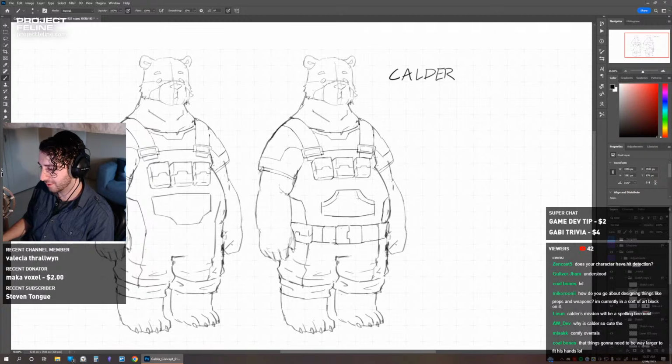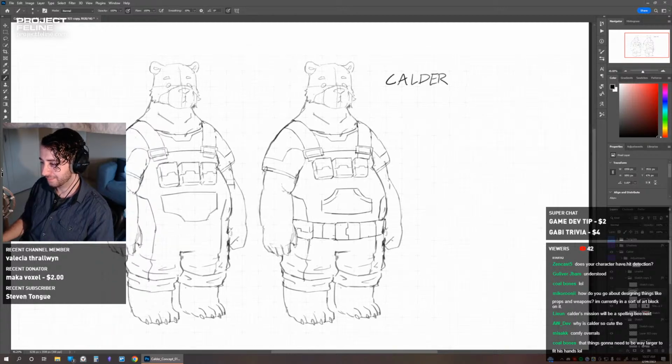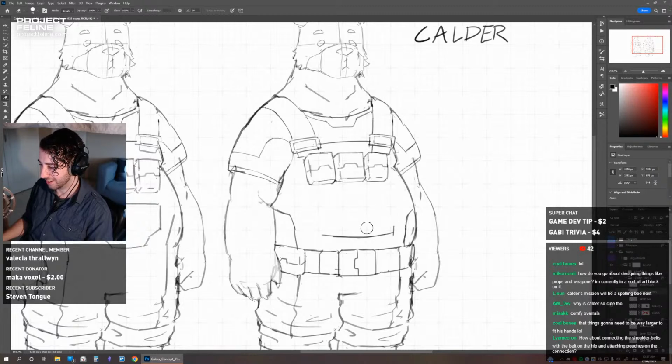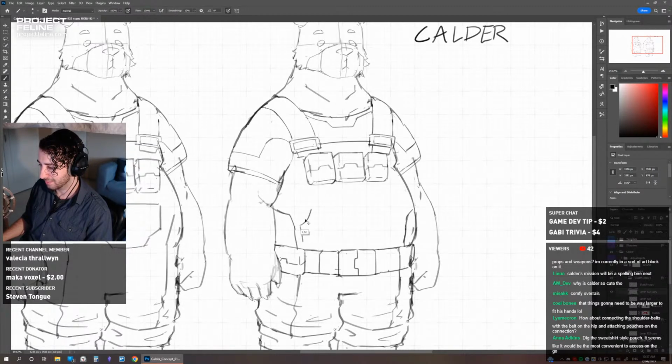So we'll give him hoodie pockets, because that way I can have him posed with his hands in his pockets if I want. But I think then it needs to be spread out more. It looks too much like underwear with that shape. I need to spread them out like that. Yeah, I like this more, I think.